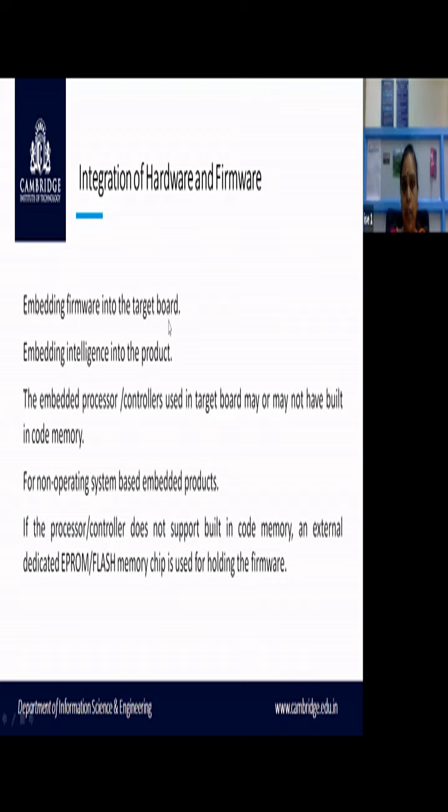In the lab, you might have seen how it is done. Once you write the program using the Keil software, typing your program in Keil, you follow some steps to compile it. Once the compilation is done, you create a hex file. You remember that you create a hex file. The hex file is nothing but your machine code. Once the machine code is generated, that machine code or hex code should be sent to the board.